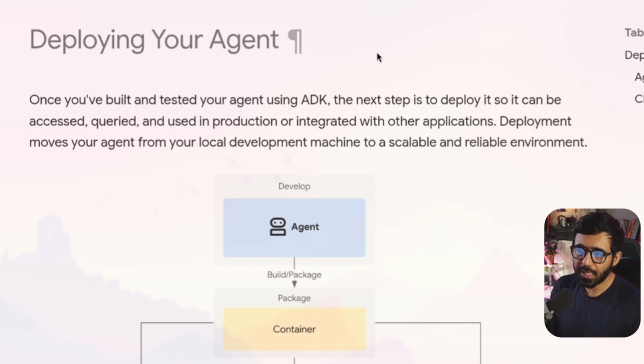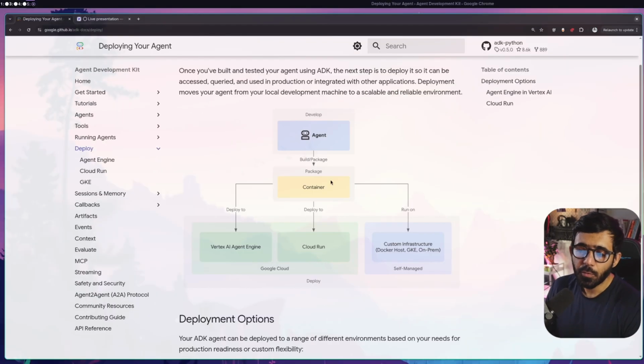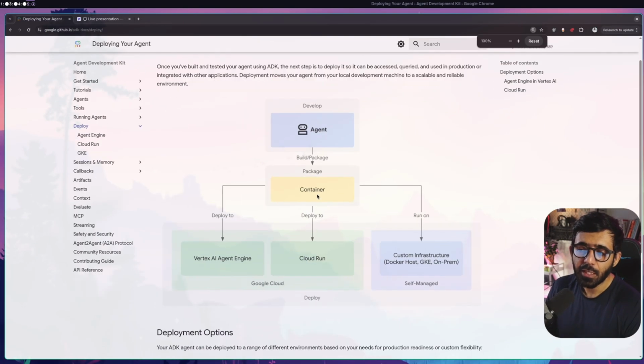Now I want you to know that the whole concept of this in a really optimized way is not possible in a single video. So I'm going to go very basic on it and then you can expand on top of it. So first of all, when we talk about deploying the agent development kit, you have a couple of things